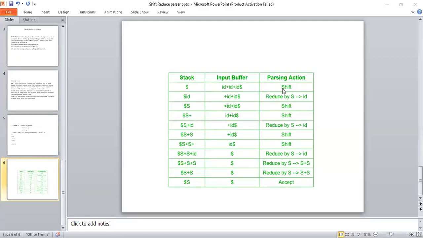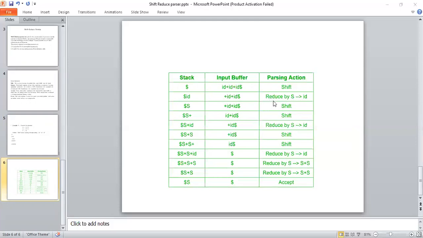Okay, then here I'm performing an action called shift. During this shift operation, the input symbol is pushed into the stack. See, this id is coming on the top of the stack. Initially my stack is empty. Once I push this id, now the top of the stack contains id. So the stack is dollar id, and in my input string I have plus id dollar, because this id is shifted to the stack. And this id can be reduced. For this id I have a production S tends to id.